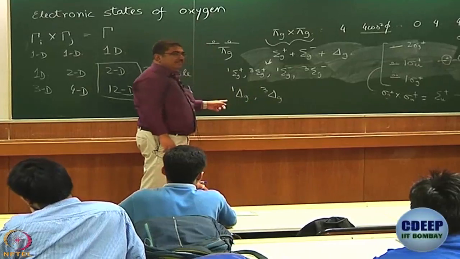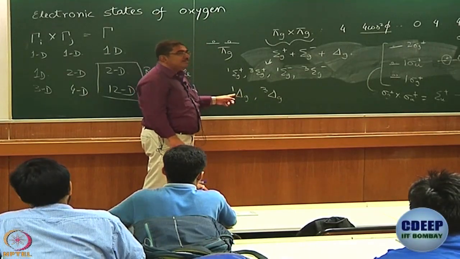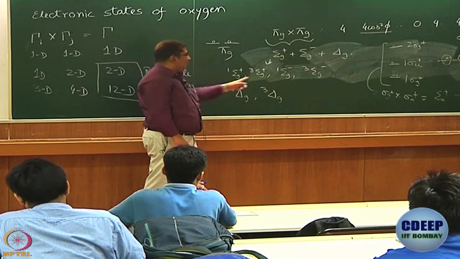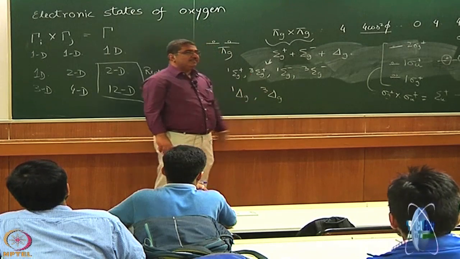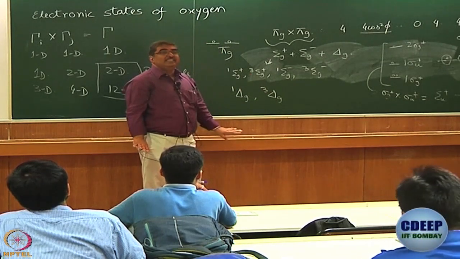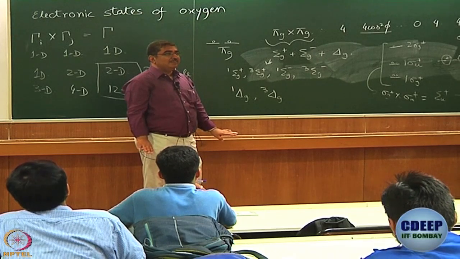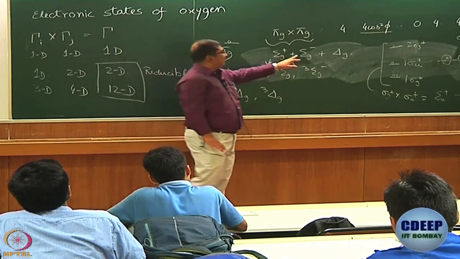What about these? Singlet delta g, how many states? 2. So, 8 plus 2, 10 and triplet delta g, how many? 6. So, 16 states, alright. 16 states is what we get from this